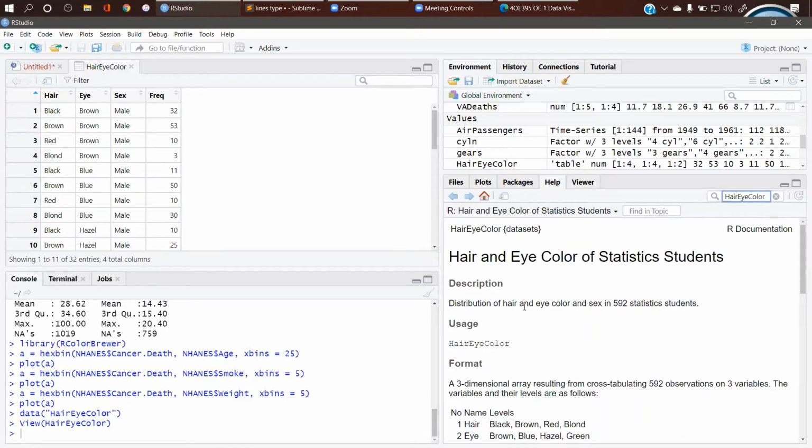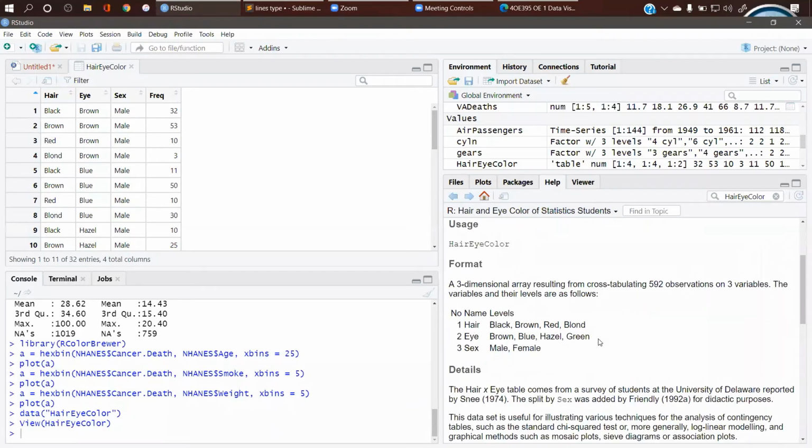So this is the distribution of hair and eye color and sex in 592 statistics students, right? So this is the data of 592 different statistics students. See how many entries are there? There are 32 rows and 4 columns, right? So this is the data.